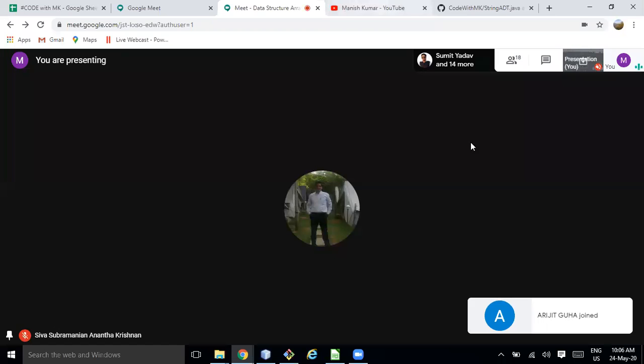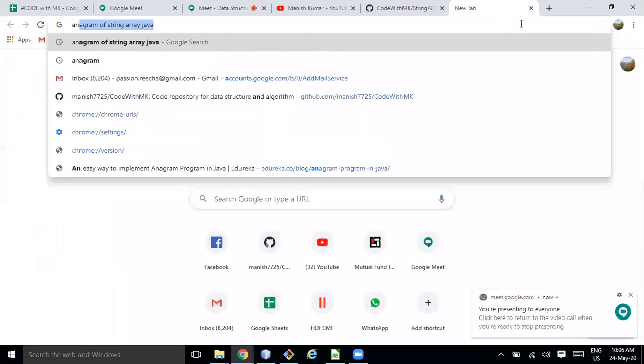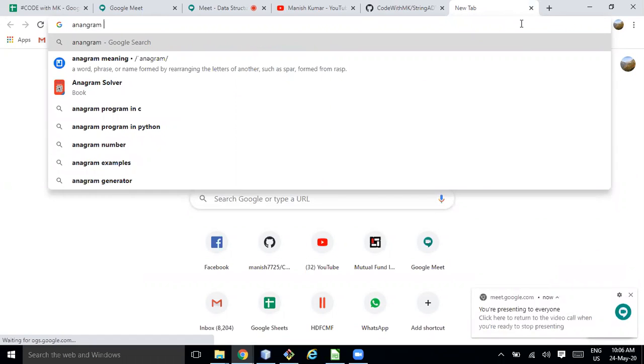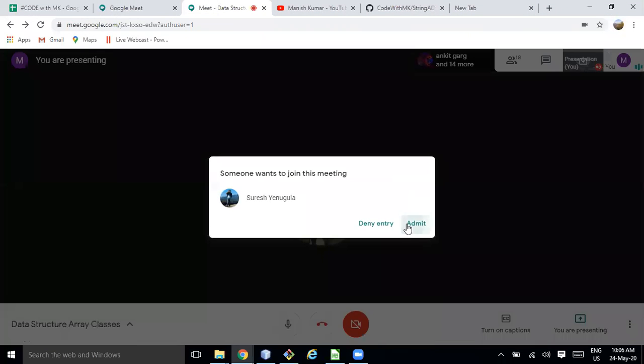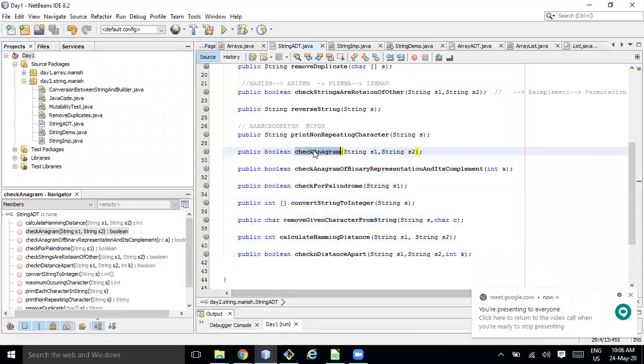Moving to the next problem, check anagram. So what is an anagram? An anagram is a word, phrase, or name formed by rearranging the letters of another, such as spar formed as rasp. Here I'm not expecting the word to be meaningful.